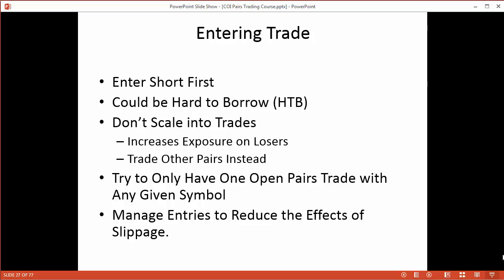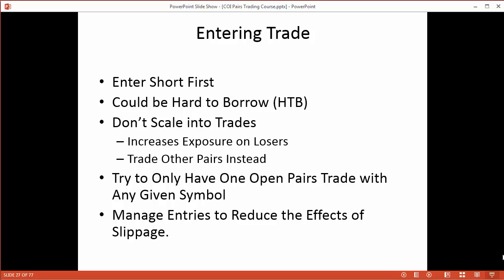Also, we need to manage our entries to reduce the effects of slippage. This point right here is probably the number one point. We don't make a lot of money in our pairs trades, and so we can't afford to give up slippage. Slippage is going to be part of our trading no matter what, but we can minimize it as best as possible. So this one rule is probably the most important, is that we always need to make sure that we're